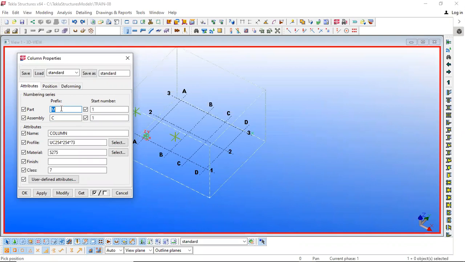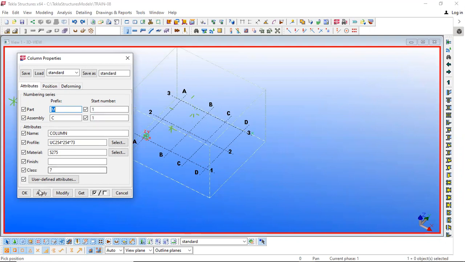Generally for one column you need to decide what kind of mark you are giving here, and that will be applied for the rest of the columns. So whenever you add any column, those applied parameters will be added to the next columns, the succeeding columns. Okay, so this is very important.